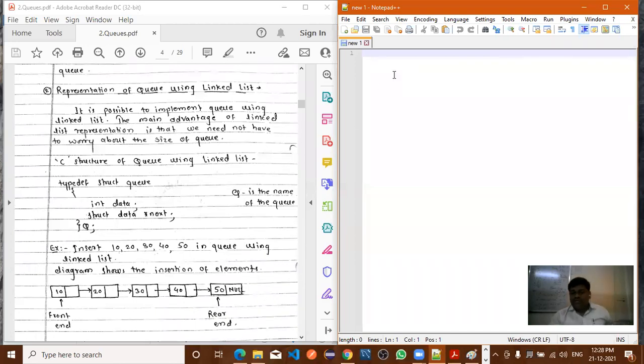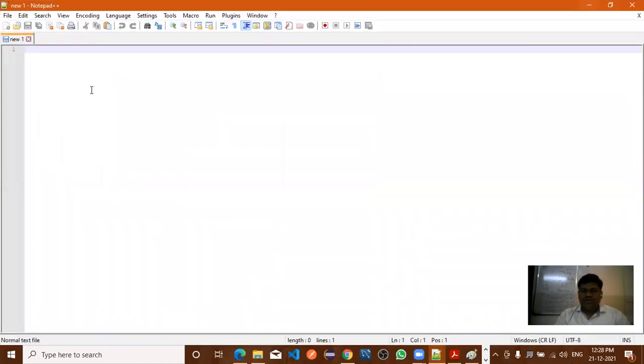Now we will see what the limitations of the linear queue are, so that we will discuss why we need to go for the circular queue and the priority queue. Before going to the circular queue, we will discuss the limitations of the linear queue. The concept of the linear queue we already discussed. Is it visible properly, or is it necessary to increase the font? Is it visible to all?